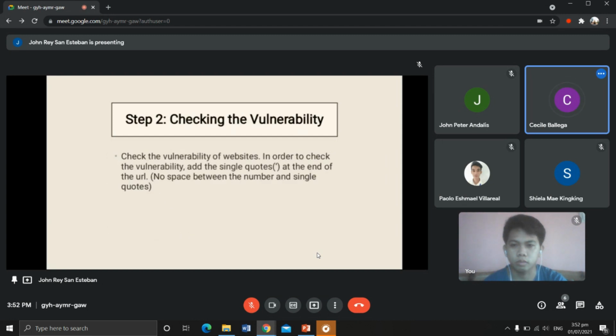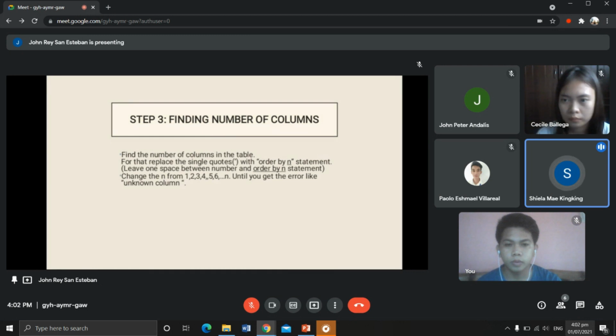Step 2. Checking the vulnerability. Check the vulnerability of the website. In order to check the vulnerability, add a single quote at the end of the URL. No space between the number and the single quote. Like for example,